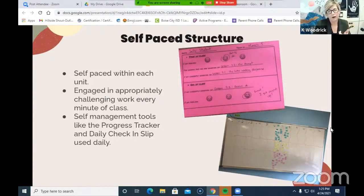Then we have the progress tracker, and this is the thing that some people on the Jamboard had concerns about with Modern Classroom and the self-pacing: a progress tracker that tells the entire class where kids are. I was like, I'm not doing that. I did the summer program in like July, and I didn't implement the progress tracker until like November, because I'm like, I'm not doing that to kids. That's going to be horrible to them. I don't want kids to feel bad because they're behind. But